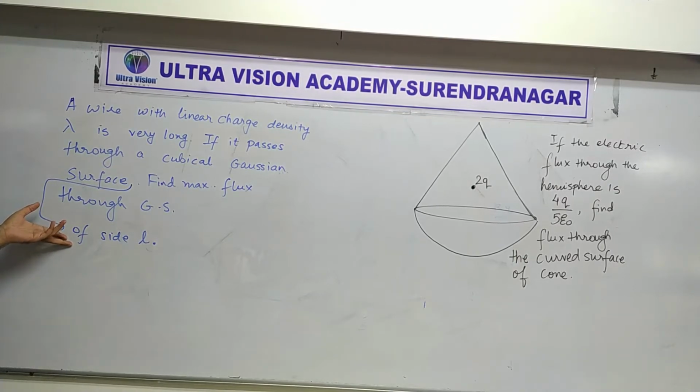Okay, very good. Diagrams, everyone. If you have not drawn the diagram, draw it. Yes, Jay, what is your answer? Phi is equal to lambda L upon epsilon 0. No, not the right answer. Try to draw the diagram in some other way. Yes, Rima? Phi is equal to lambda L upon epsilon 0. No.